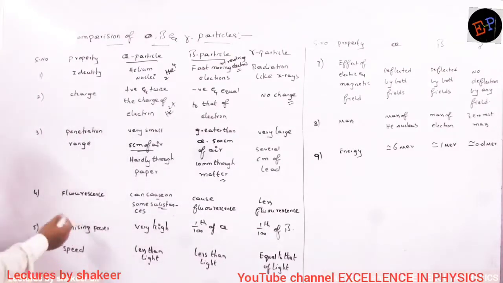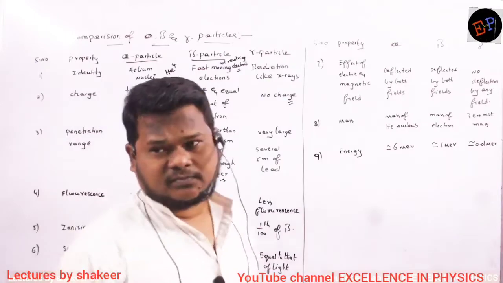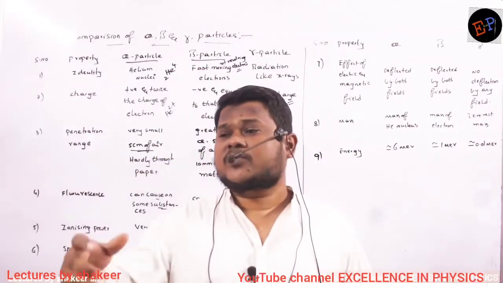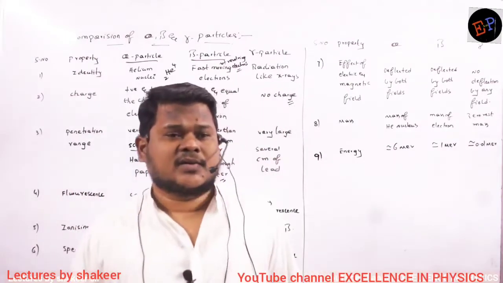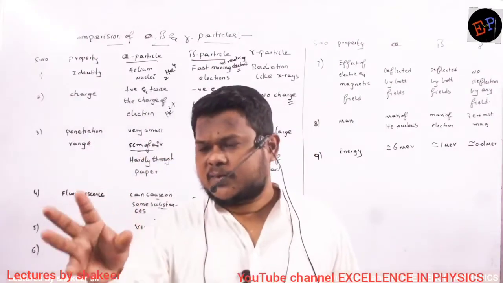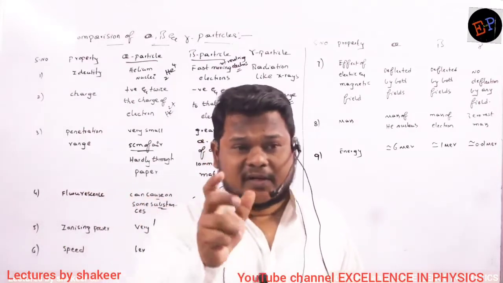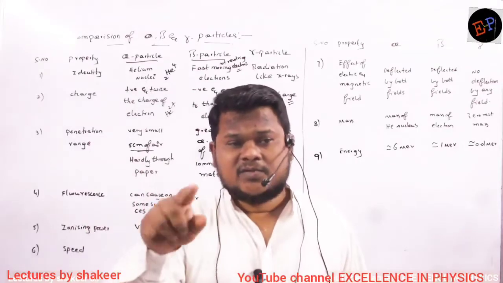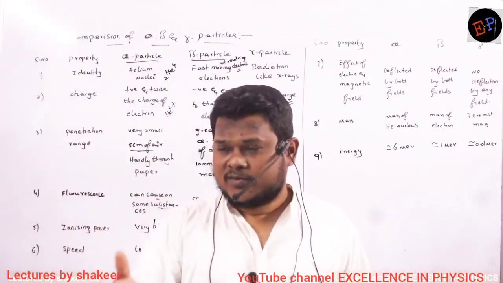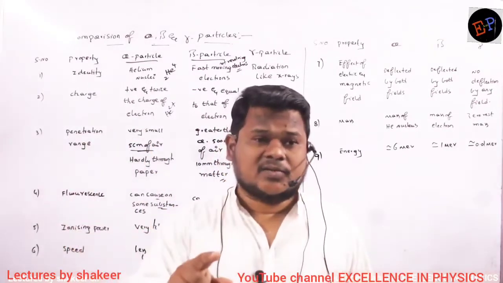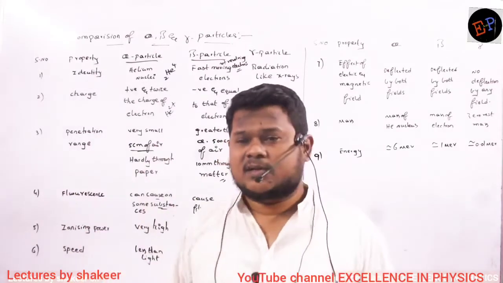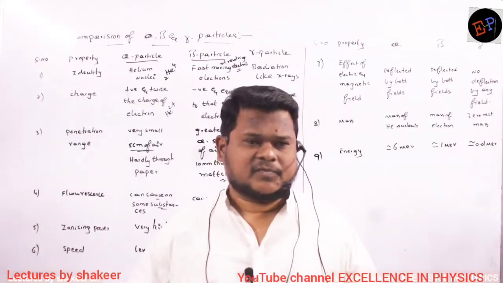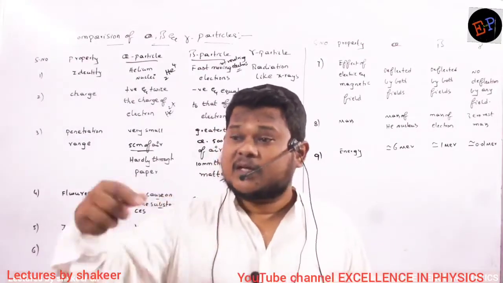Okay, that's it. Ionizing power. What is meant by ionizing power? The ability to dislocate electrons from another atom is called ionizing capacity. For example, if alpha particles are released into the atmosphere, they are very heavy and large particles. When one comes into contact with another atom, like oxygen or nitrogen in air, it can easily dislocate the electrons present in them, because it is a very heavy particle. Very easily it can remove electrons from other atoms.